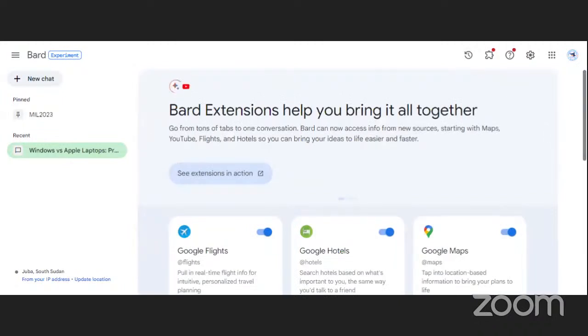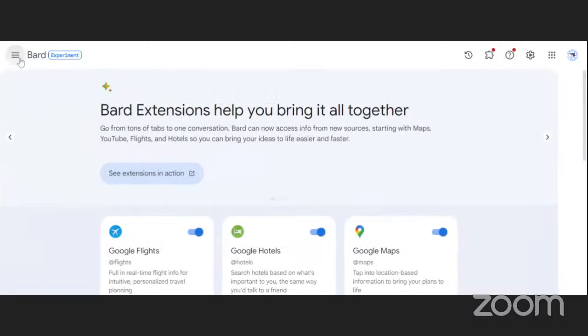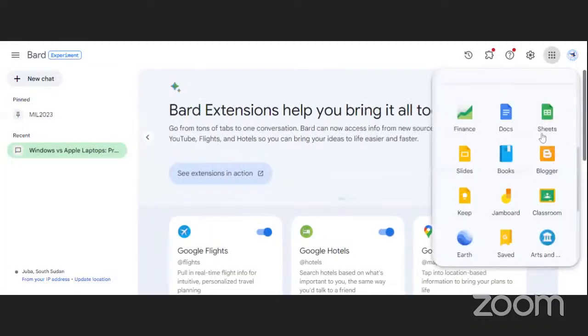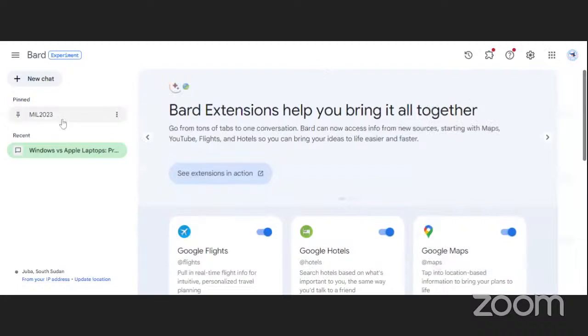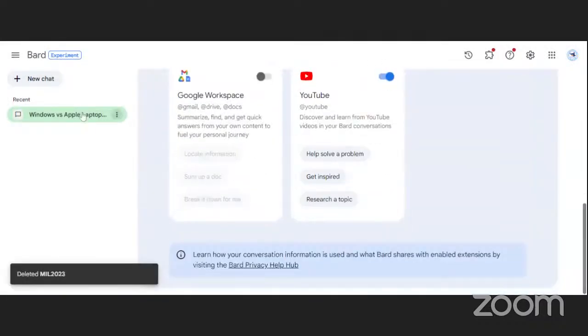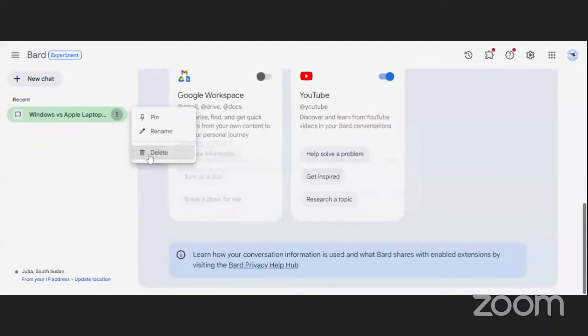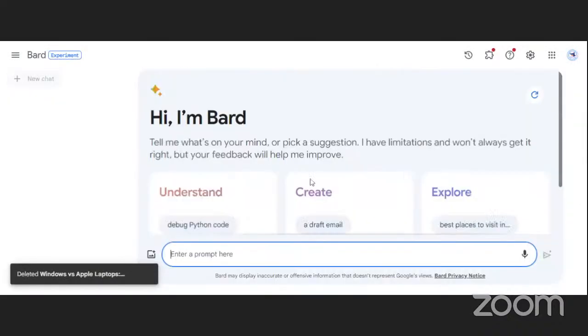So that is it with BAT. Also, if you want to go back to your apps, you can come back to your apps. So that is how we use Google BAT. It's just as basic as that. It's just more of you asking the correct questions that you want. You can ask really a lot of questions.